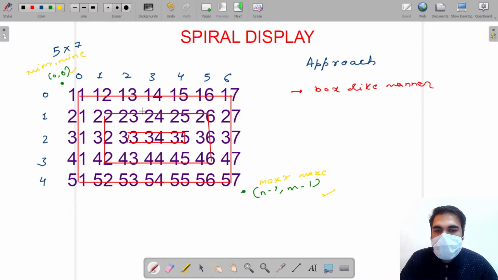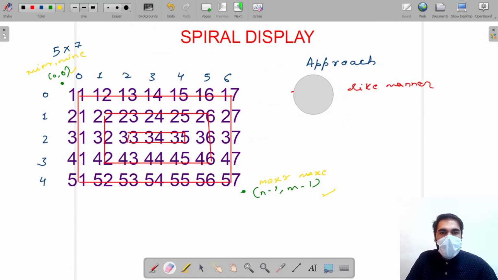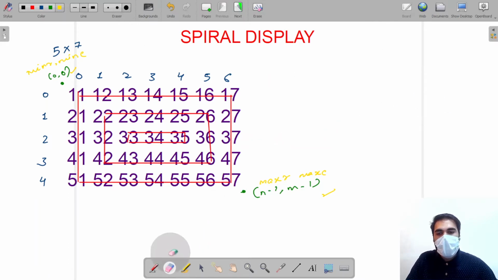After that, we know the position. We have to traverse this side first. So we need 4 directions to complete the box. I will give a name to each. First, we have to travel in this direction. Suppose this is the left wall. Then we have to complete the bottom wall, then the right wall, and then the top wall.